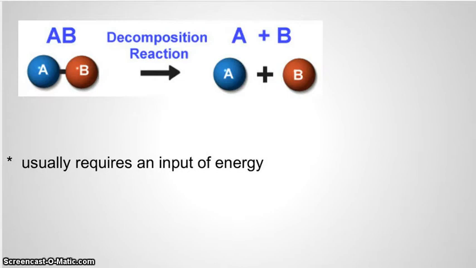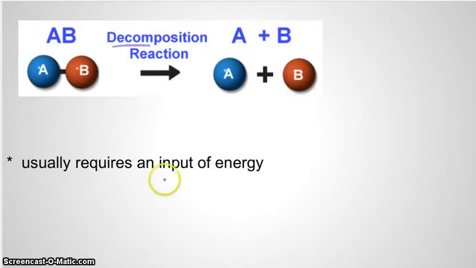Alright, so on the next page, our second type of reaction is called a decomposition reaction. And you've seen this term before, probably in biology. So decompose means to break something down. It's the same idea in chemistry. So when we talk about a decomposition reaction, we're taking 1 reactant and we're going to break it into smaller pieces. And typically that means we're going to take a compound and split it into the elements that make it